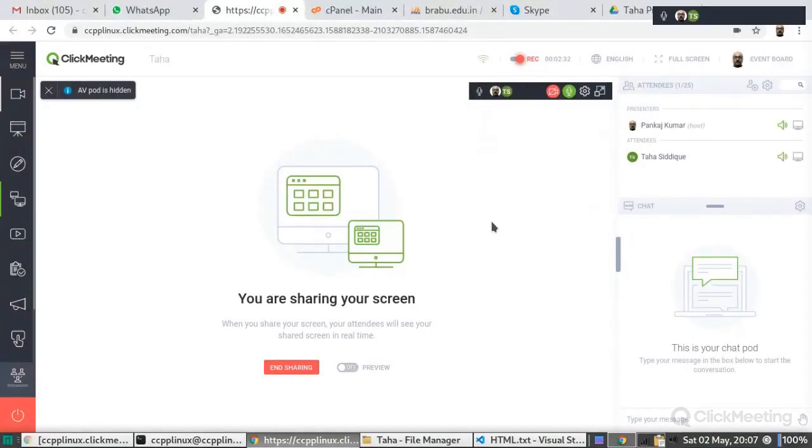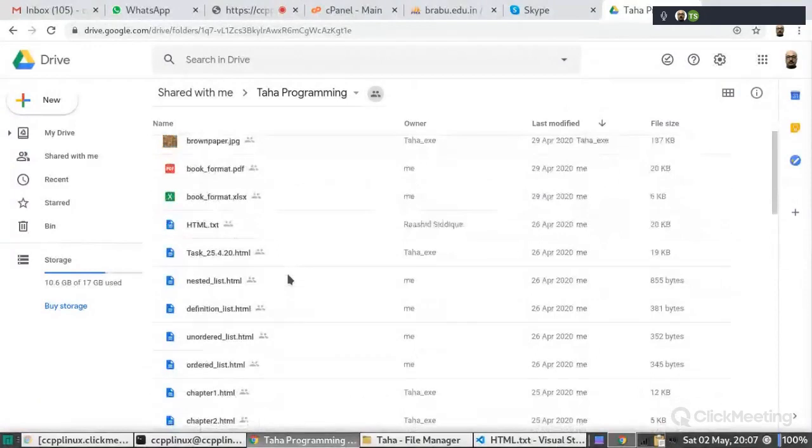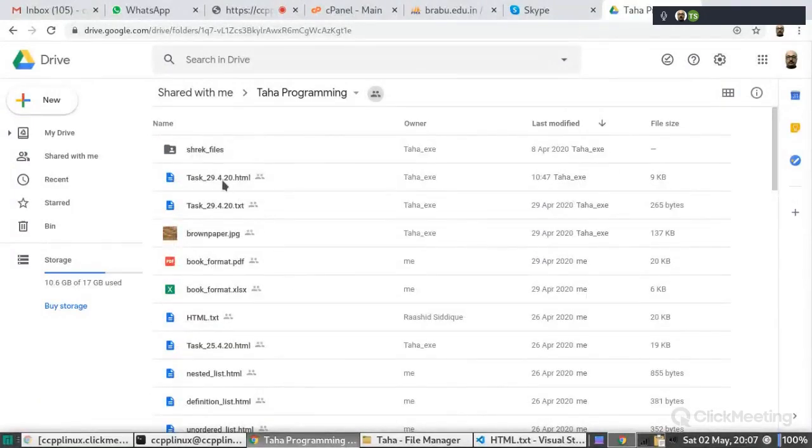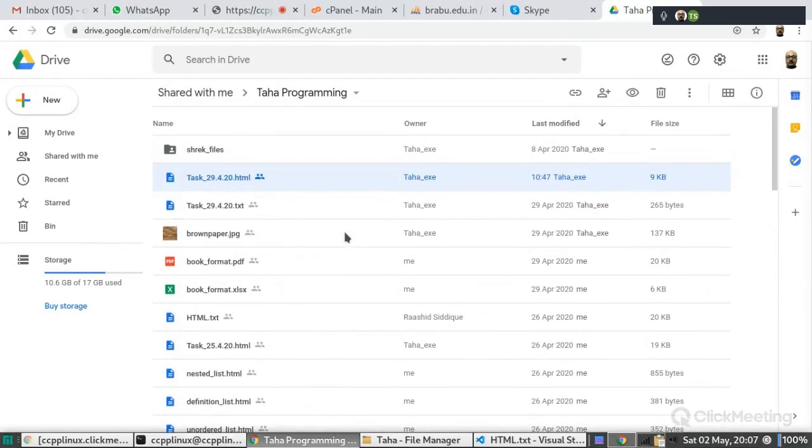Do you listen me? Yes. Okay. So where is the task that you completed? It's task 29. Yeah, that one. The one under that. I messed that file up. I meant to do .html, but I wrote .txt accidentally. But I think it should contain more than one HTML file, not only one HTML file.